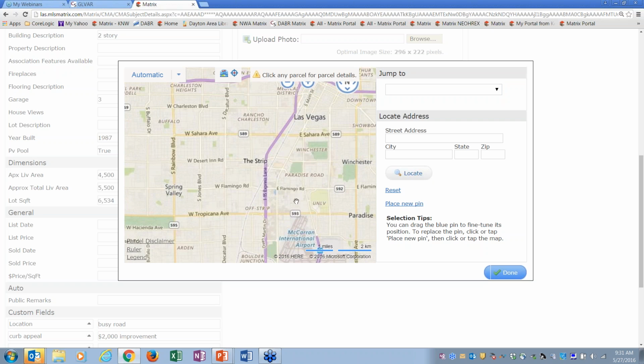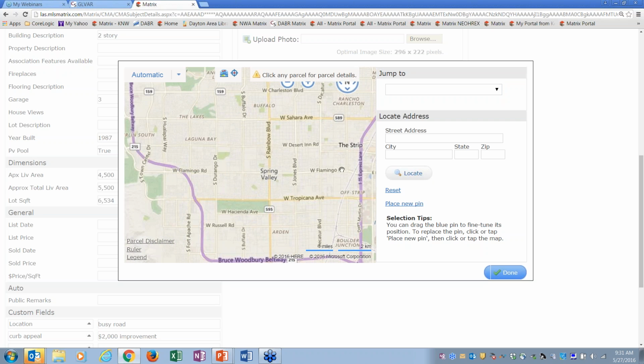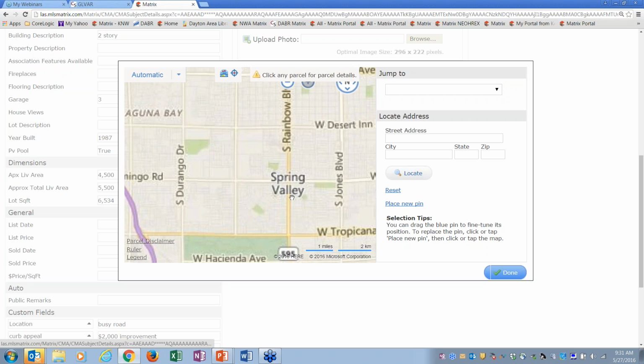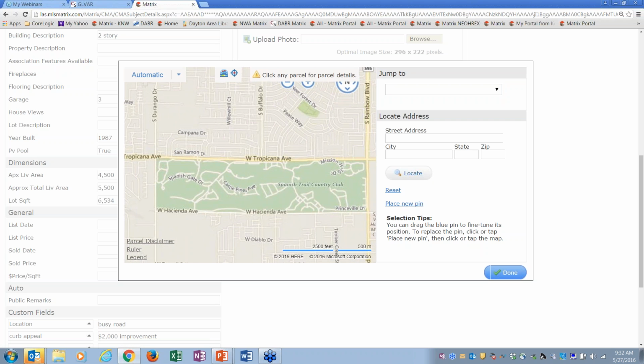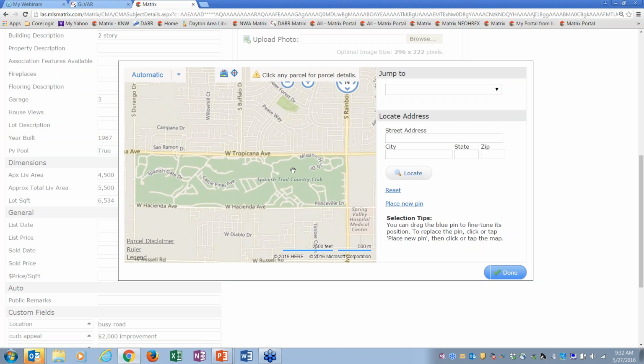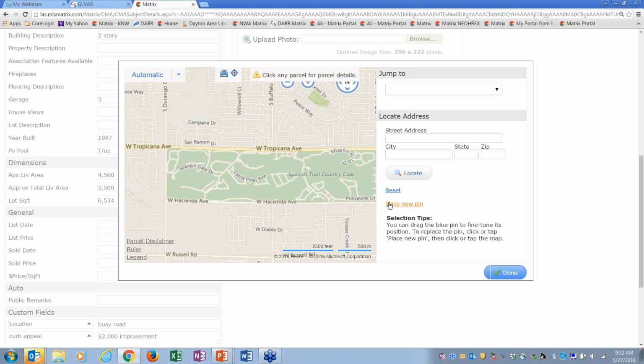We'll see, I know Spanish Trail is right over in here. And even though I'm not from Las Vegas, I do know where the nice locations are here. So what I'm going to say is this, we'll just place the pin right, I don't know, I'm just picking it there. I know it's not actually the proper one there, but,